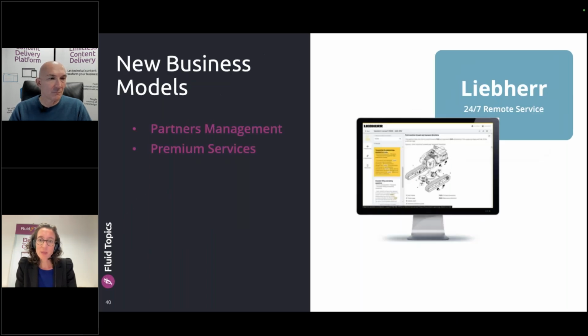Very last, maybe, yes. A CDP can also help provide some new services to your customers and to your partners. For instance, giving access to a 24/7 remote assistant, if it's an AI assistant, or assistance through a dedicated customer portal. You can also offer different levels of customer support based on different levels of accessibility to content. So these services can be monetized or not. Oh yes, they can be monetized.